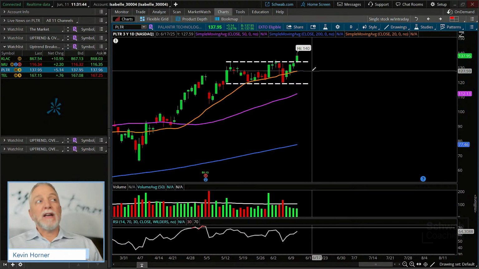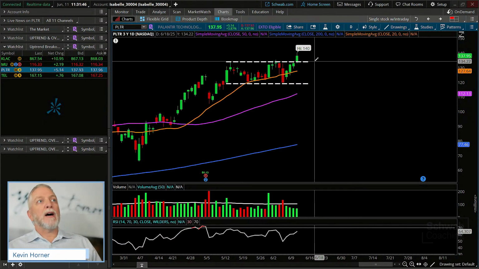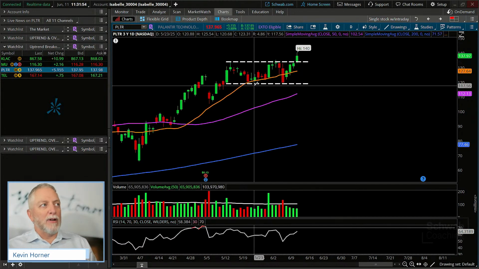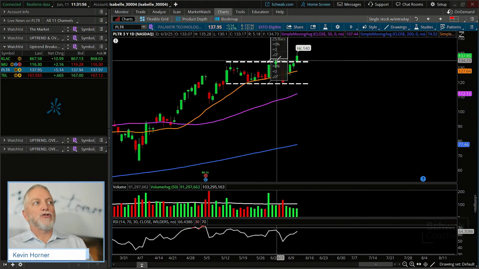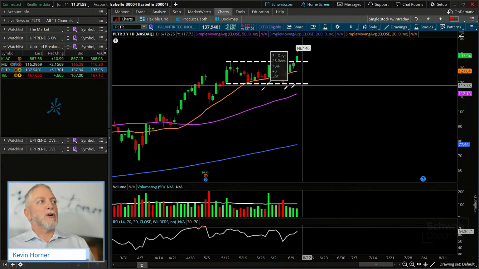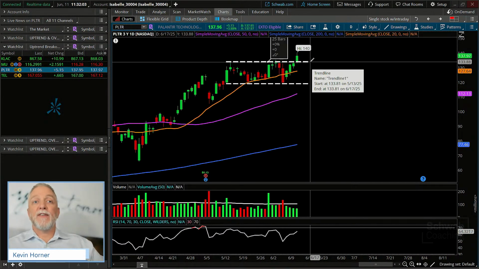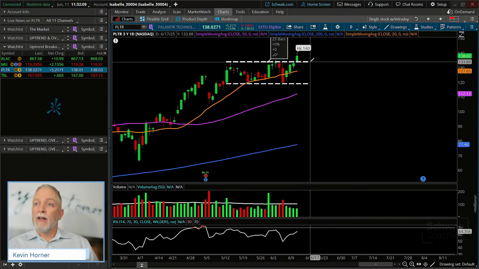And if you think it can make 15 to the upside from 134, you might be looking at about 149, 150. Why did I say 15 to the upside? Well, it's just the height of the range from which we broke. So if we broke a $15 range, many traders would just add that $15 to the breakout level and make that an approximation for a measured move target. Again, measured move targets are never guarantees to be achieved.